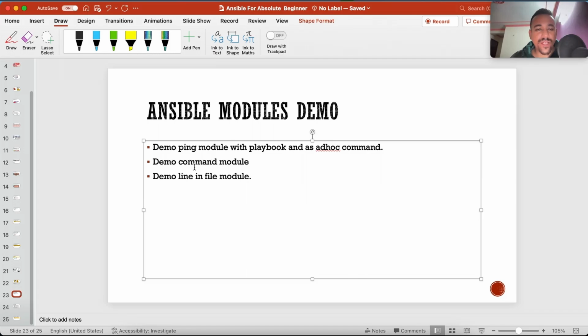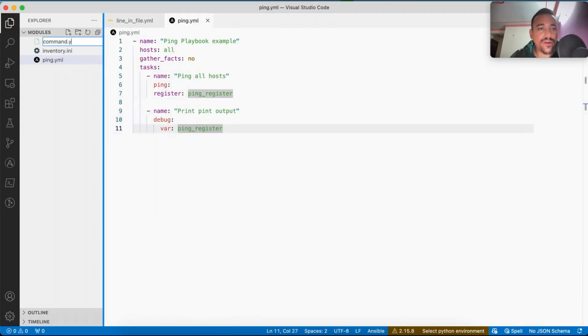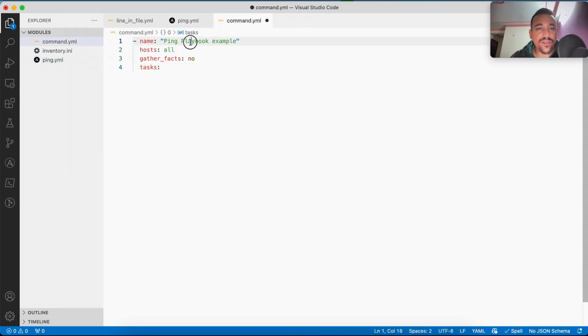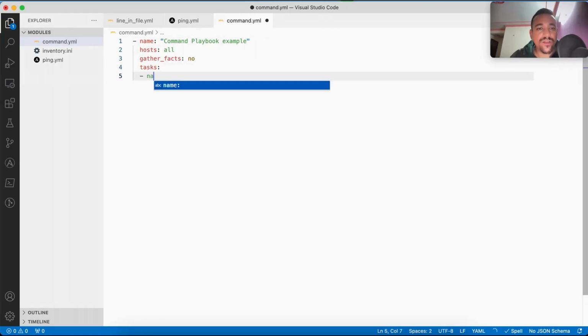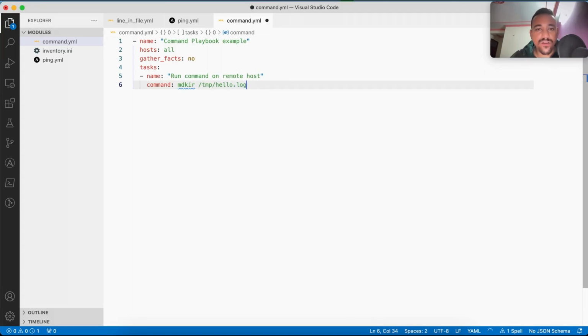Now let's see a couple more examples. Let's see the command module demo as well. So let me create a new playbook called command.yaml, and I'm saying command playbook example task. Now the name is run command on remote host, and now we are going to use the command module, and the command module will not take any additional parameters. We can just say mkdir /tmp/hello.log, and